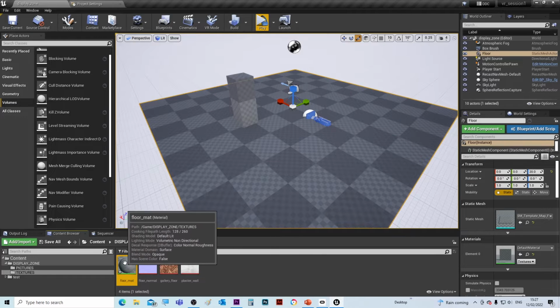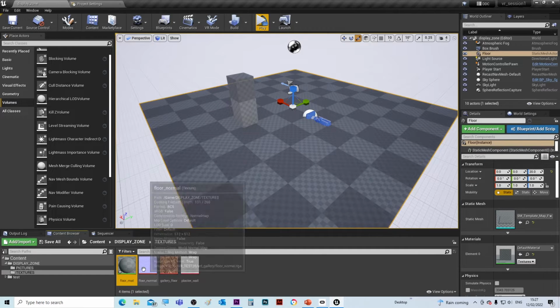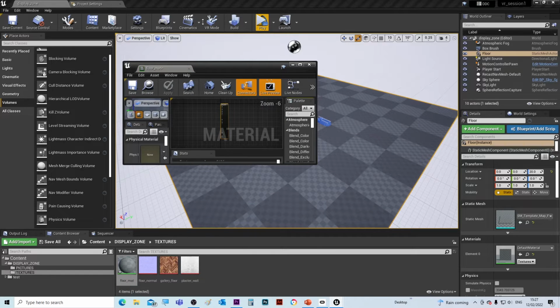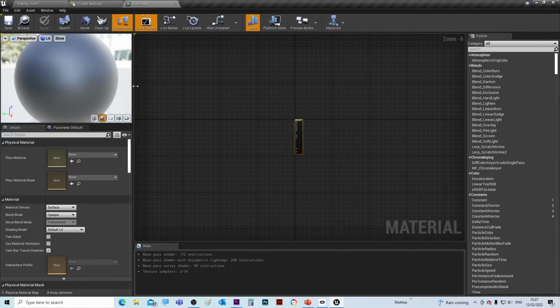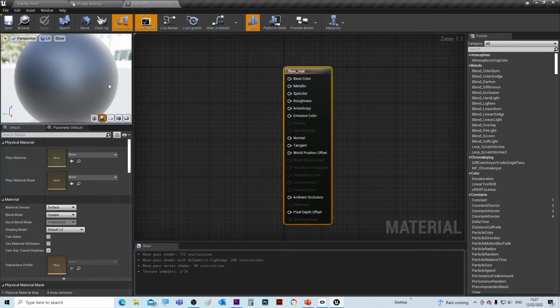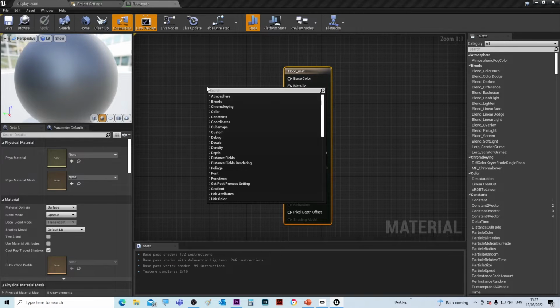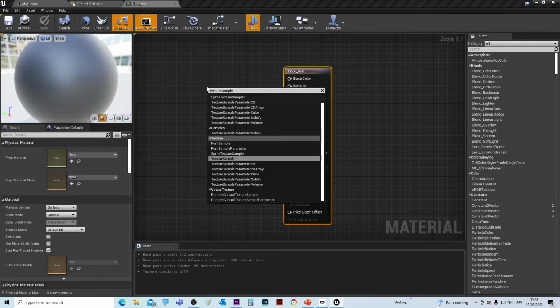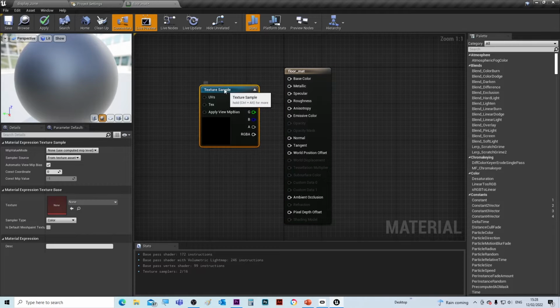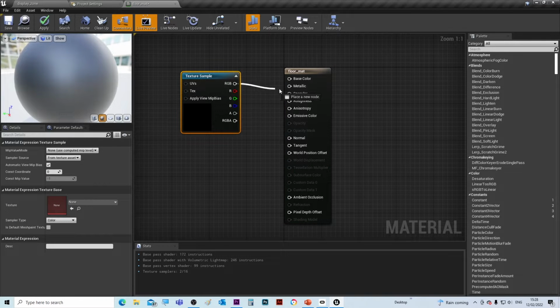So we've created a material, and if we open that material up, and very important, you can drag from the tab, snap it to the top there, click on the little home button, and we get our material, and we see the material in the material view, and the base color is going to be the floor texture. So if we right click anywhere here and type in texture sample, and we connect that to the base color,